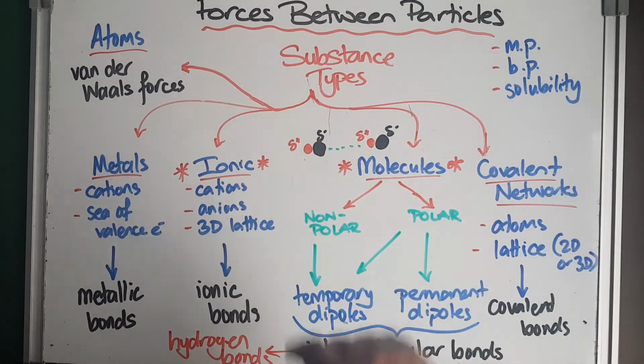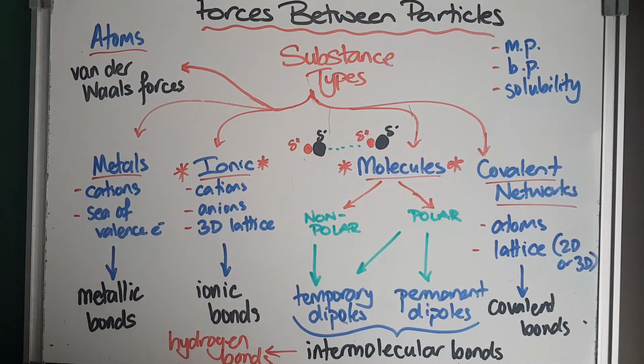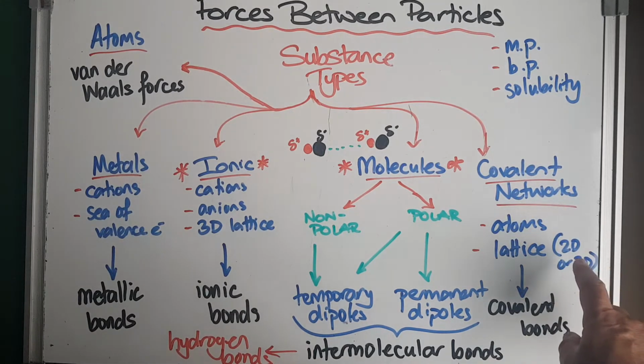and the molecular compounds. We don't worry so much about the metallics or the covalent networks. You do still need to remember that these are cations and a sea of valence electrons, and that attraction is called a metallic bond. You do still need to remember that covalent networks are atoms bound in a 2D if it's graphite, 3D and other things like diamond, lattice, and those atoms are held together by covalent bonds, because these